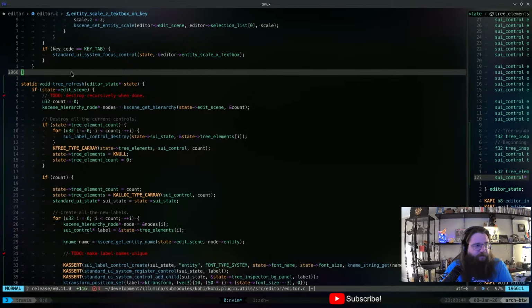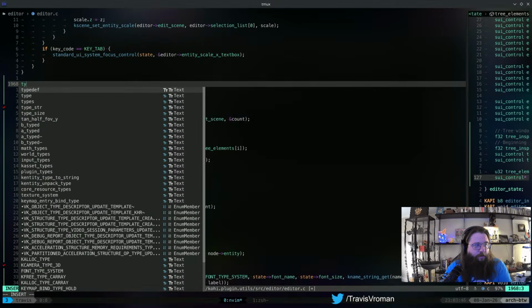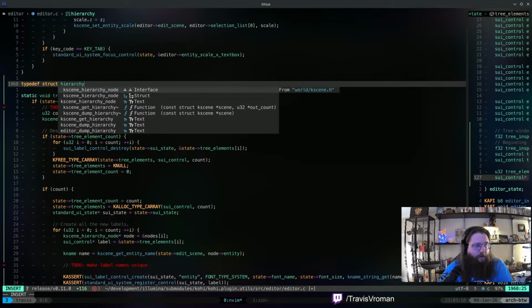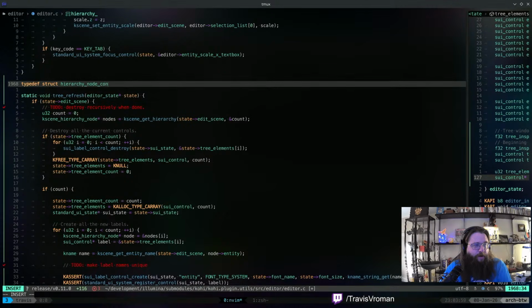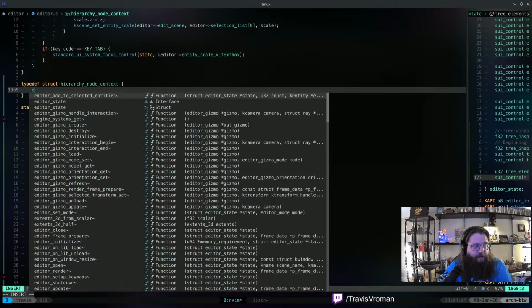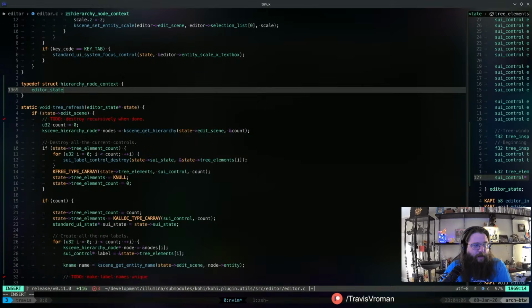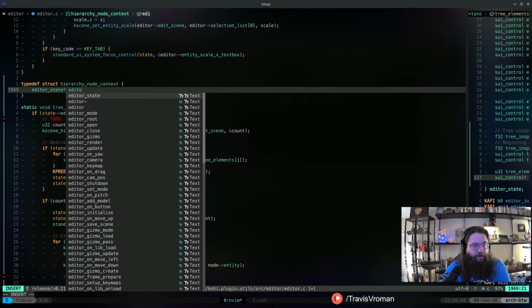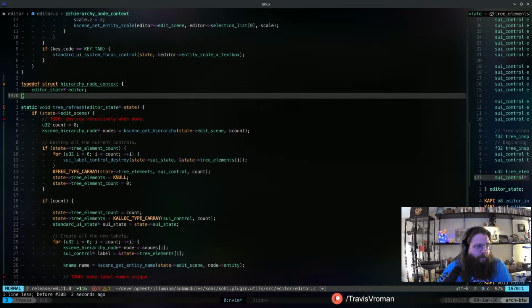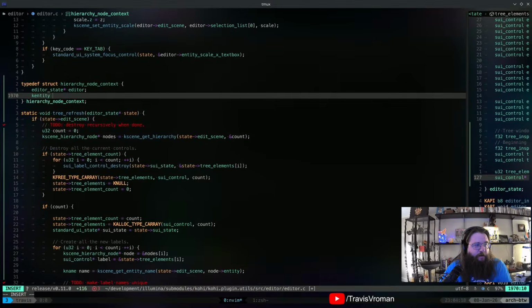We're going to typedef a new struct, and it's only going to be used here. We're going to say hierarchy node context. And this is going to have the editor states editor. And then it's also going to have the k entity.